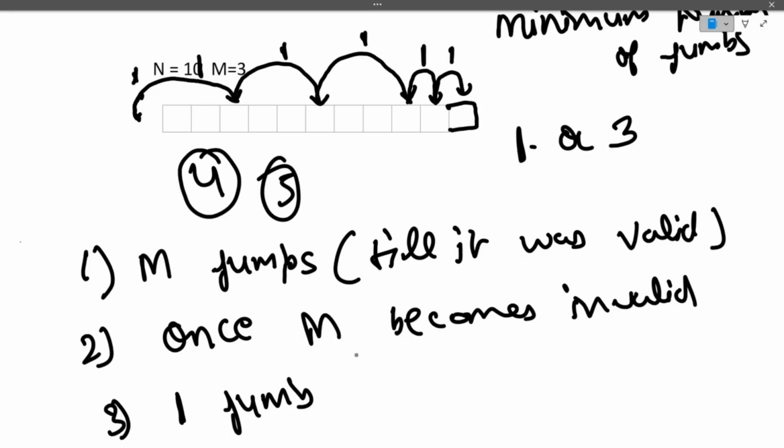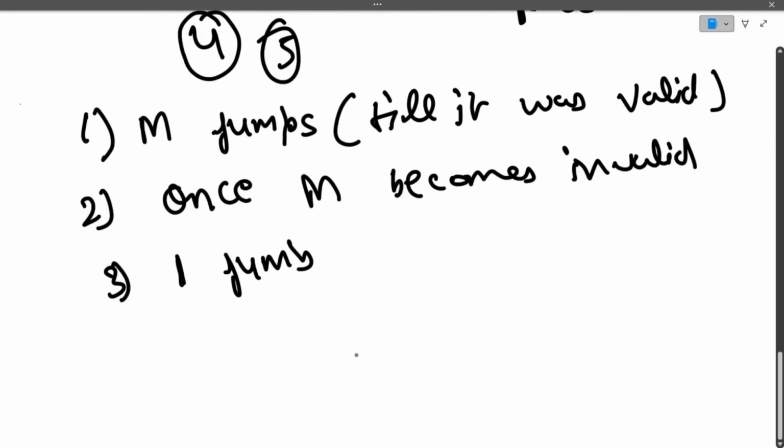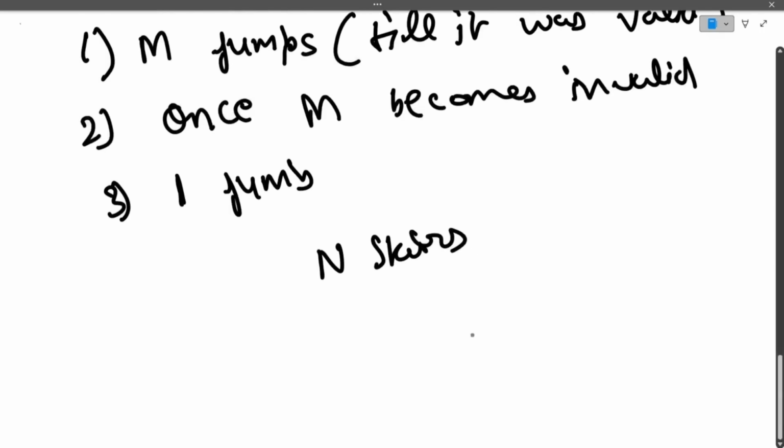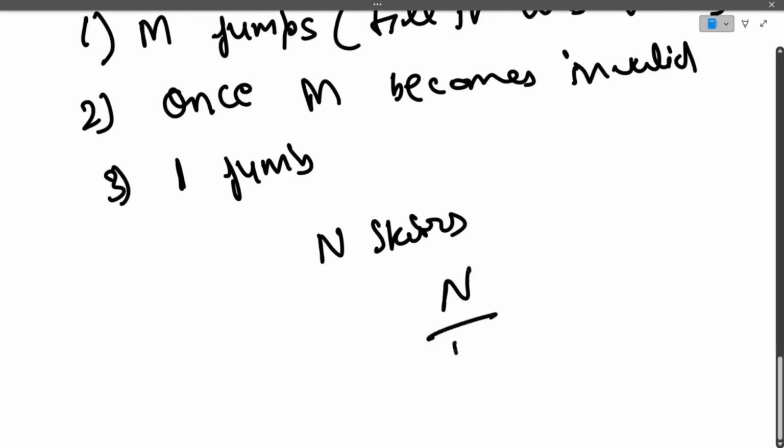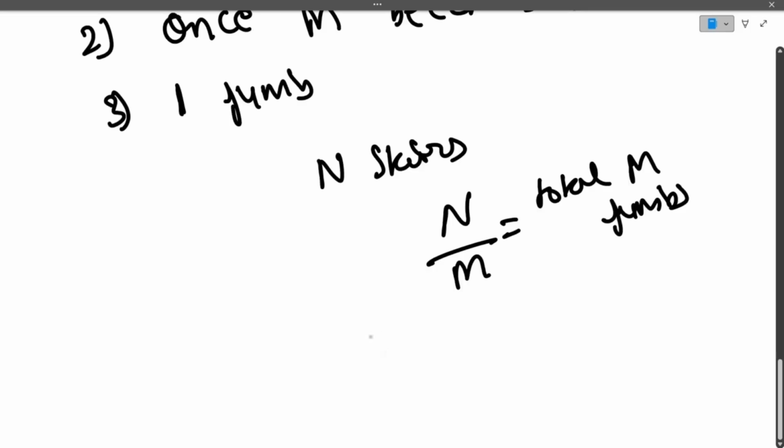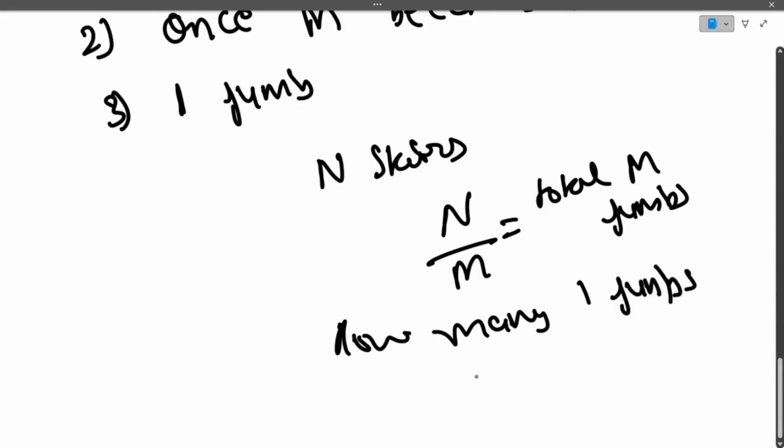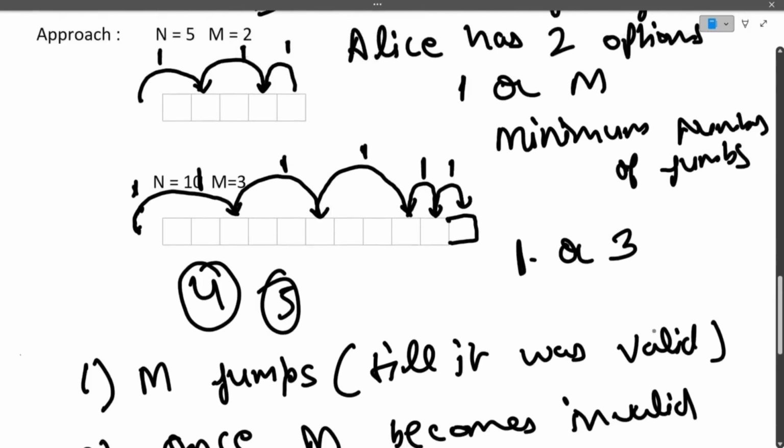So starting with m jumps, how many m jumps can we take? We have a total of n stairs, so simply n divided by m will give us the total m jumps. And then how many one jumps can we take? That will be n mod m, because if you look closely at the above scenarios,